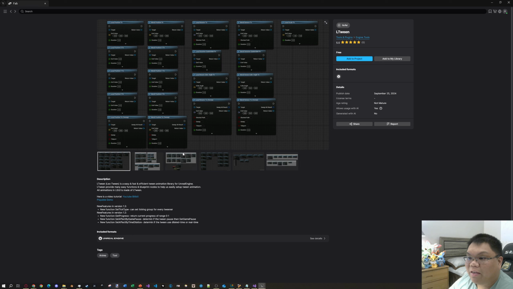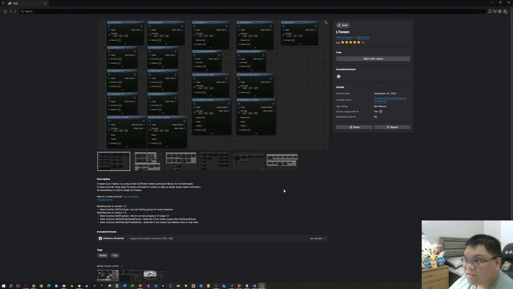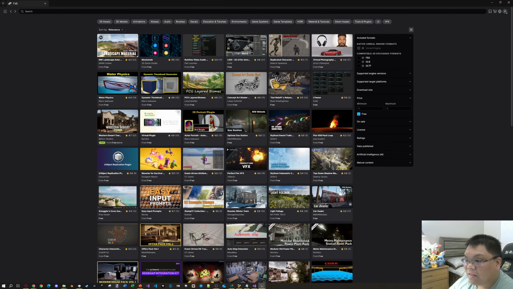There's a tweening library. Reminds you of Lean Tween. So this includes code-related stuff. So not all stuff from the asset store or Fab has to do with actual video game assets. Some of them are just more on the side of code for coding purposes. But anyway,